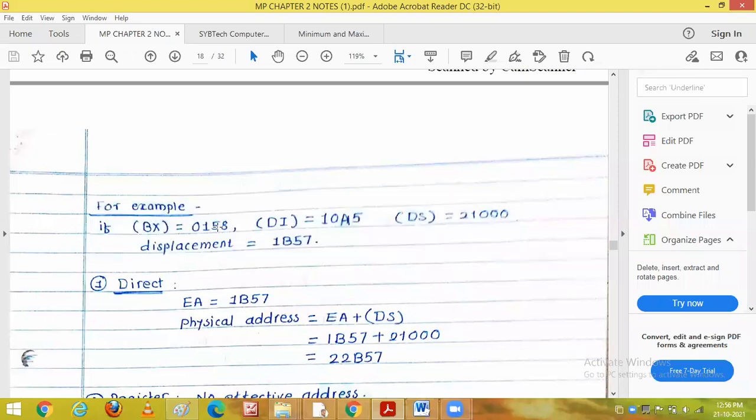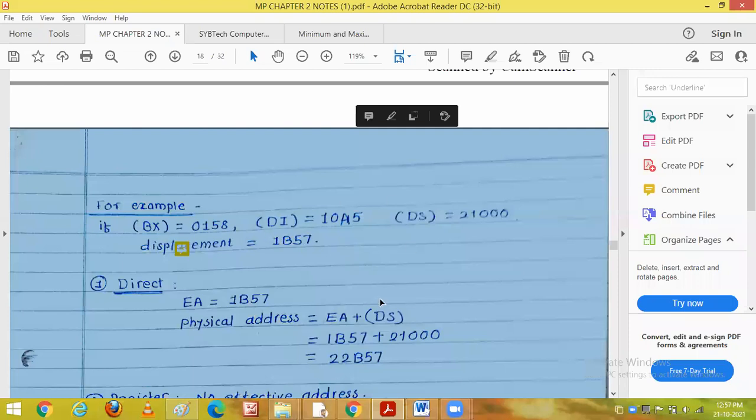So these are the given. We talked about the addressing mode BX. The BX value may be this one, 0158. Any number you have to take randomly, for our given purpose. And DI, in the sense, is the destination index, which has the value 10A5. And DS is the memory, that is nothing but the data segment. That data segment value is 21000. This is the starting of the memory. And one displacement we taught, maybe the displacement value is 1B57, because all are we have to use